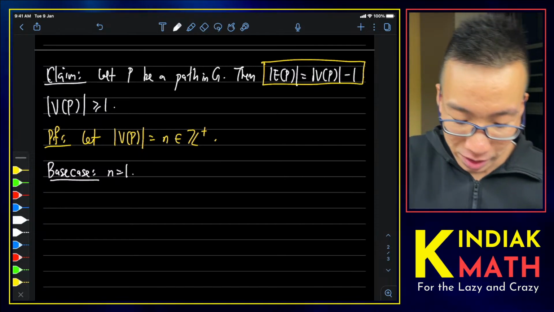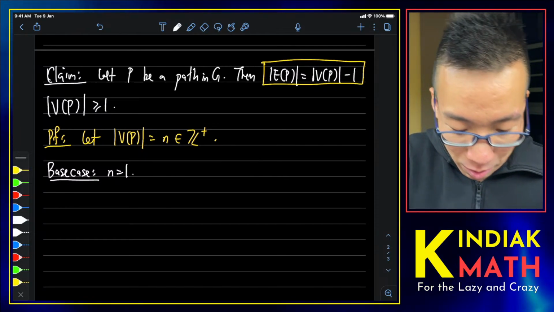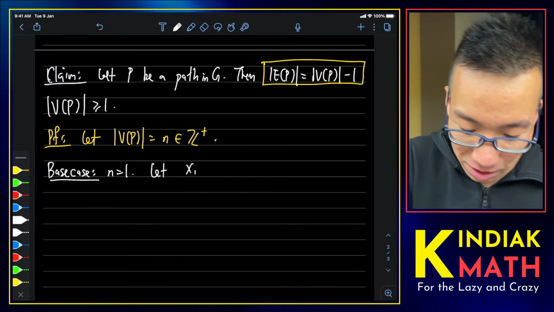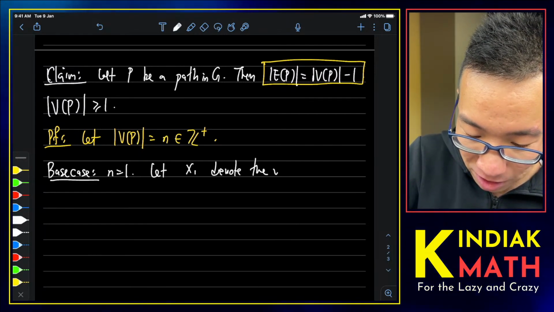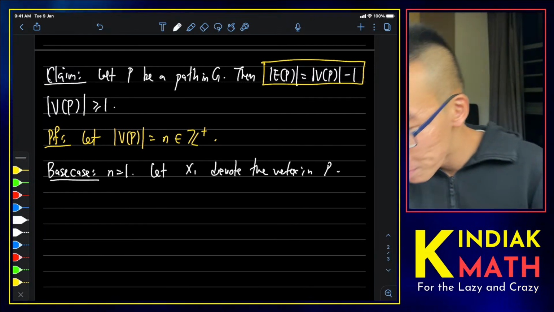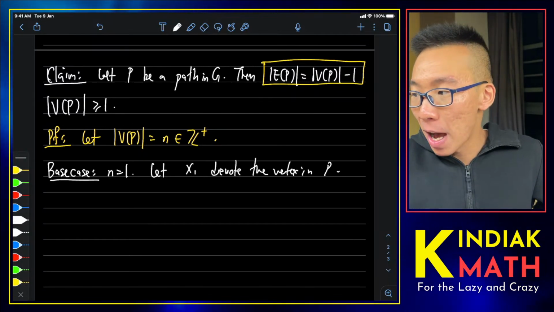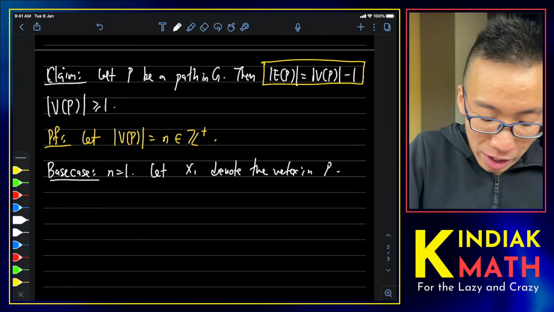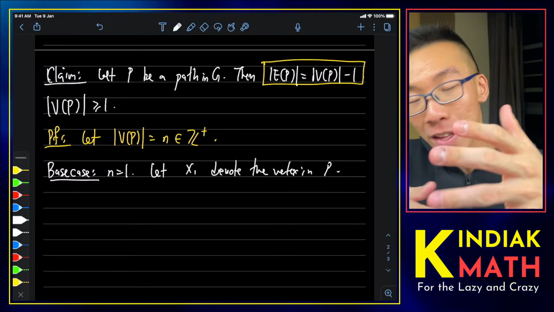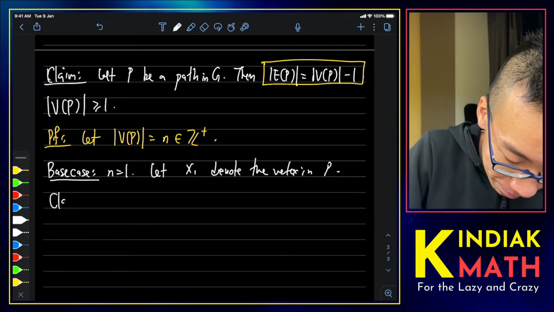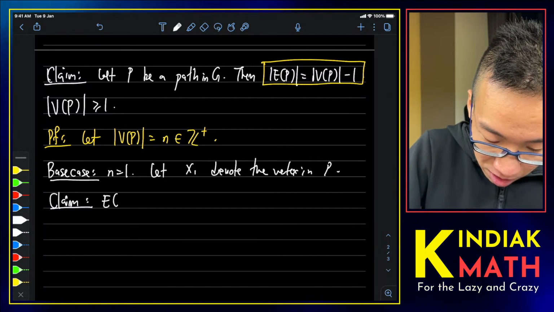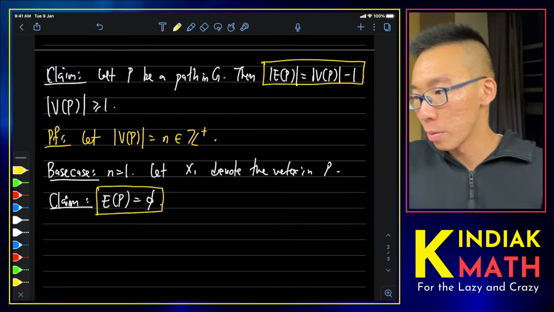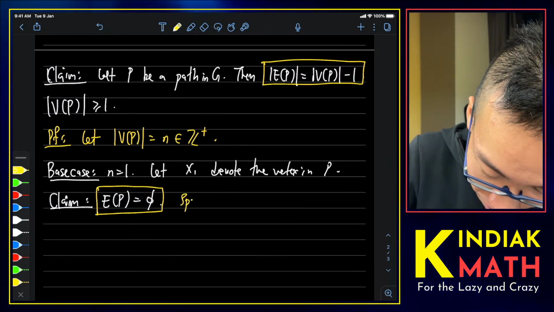Then the path, we'll let x1 denote the vertex in P. And we know that P is a path, and therefore it cannot contain any cycles. So in other words, we claim that E_P, the edge set of the path, is empty. And how do we establish this claim? We're going to establish this claim in this manner. Suppose otherwise